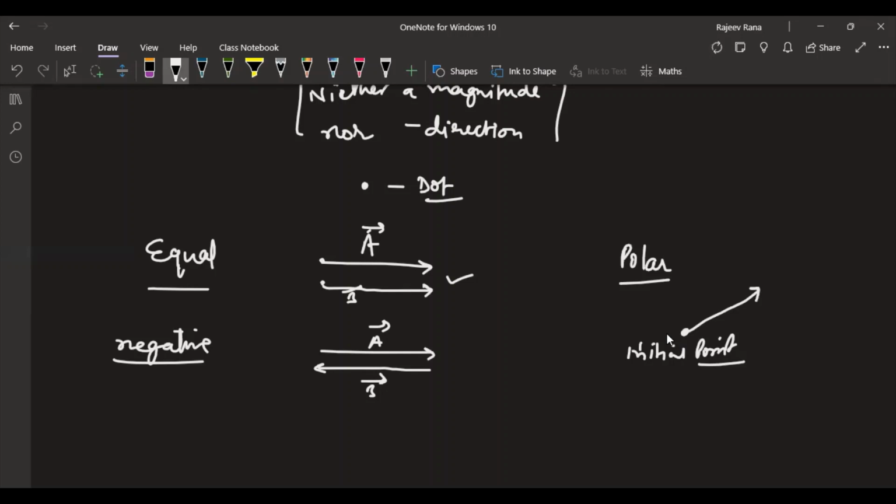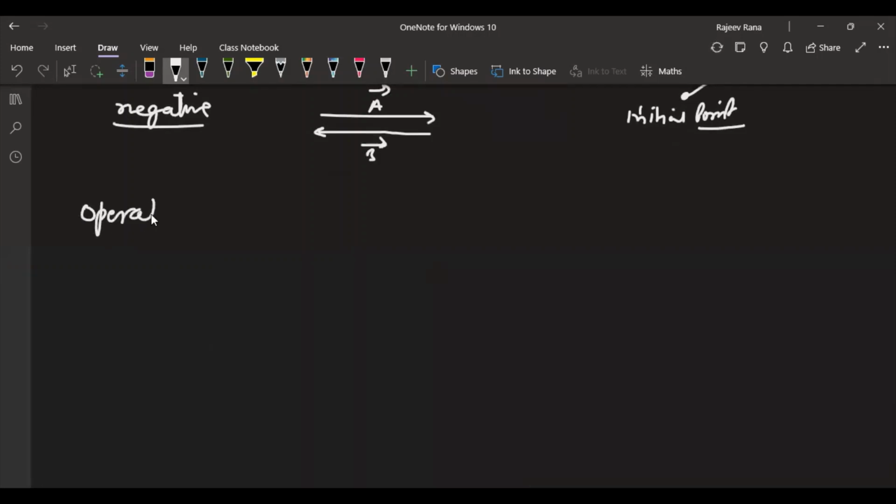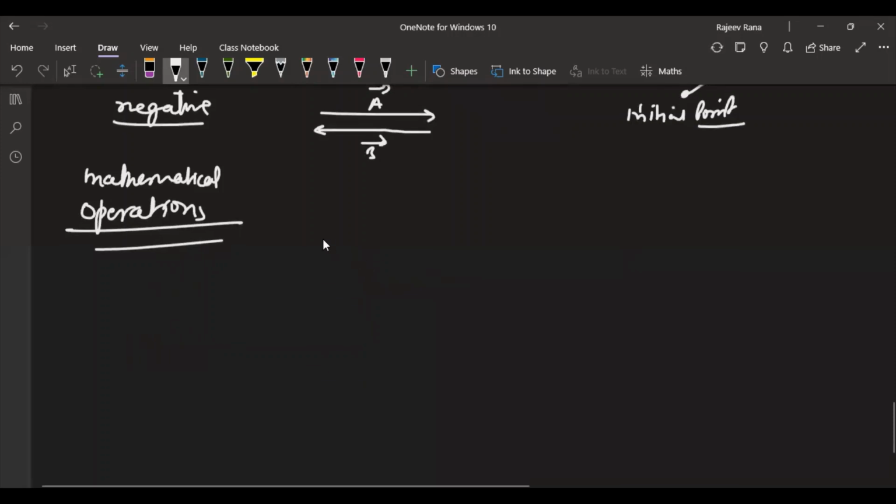Okay, now let us switch to another thing: operations on vectors. Operations means mathematical operations. This is an important part. How many mathematical operations are there? Plus, minus, multiplication, and division. So these are the operations. The scalar